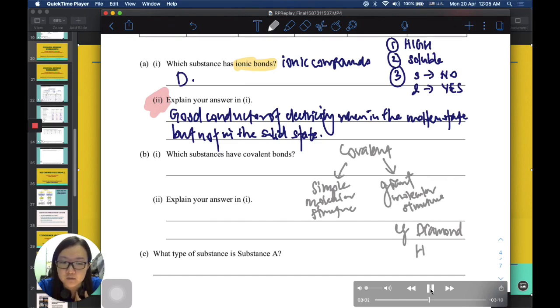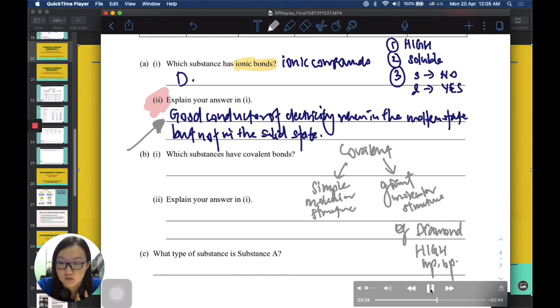So diamond, as we all know, is on our diamond rings, right? Or diamond earrings, like mine here. It has very high melting and boiling point, correct? It can withstand very high amounts of heat. So my point is, because of this, for A part 2 over here, the best answer is that you talk about